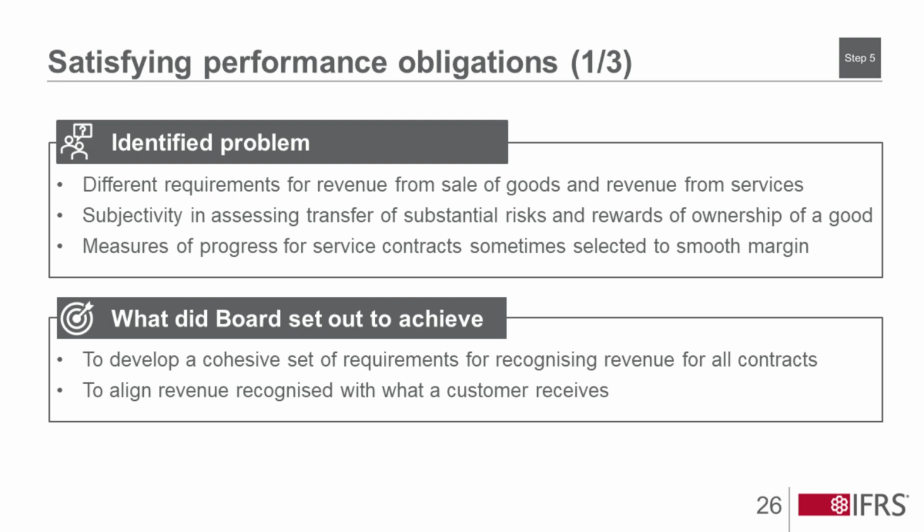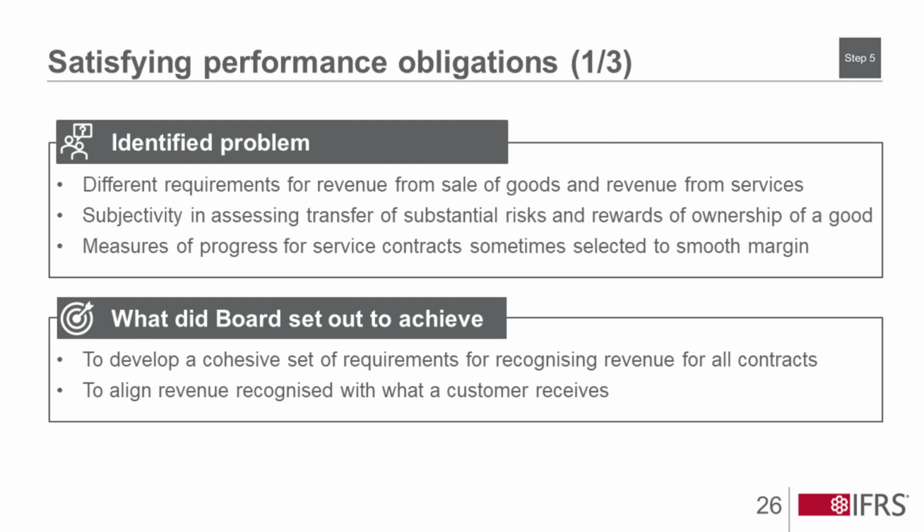Thank you, Anne. Turning now to the last step in the model, step 5, recognizing revenue when or as a performance obligation is satisfied. Now, IAS 18 and IAS 11 had separate revenue recognition requirements for goods and for services. Revenue from sale of goods was recognized when an entity transfers substantial risks and rewards of ownership of a good. Now, because of the subjectivity involved in assessing whether substantial risks and rewards have been transferred, there was inconsistency in how entities determined the point at which revenue should be recognized, or the point at which substantial risks and rewards